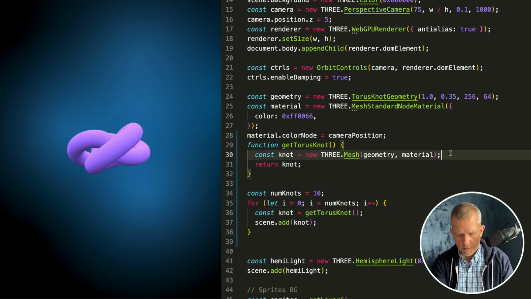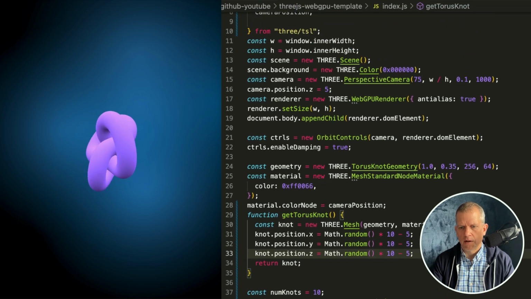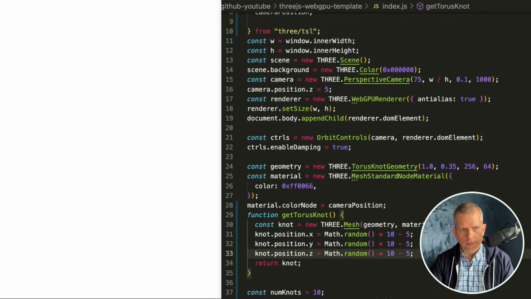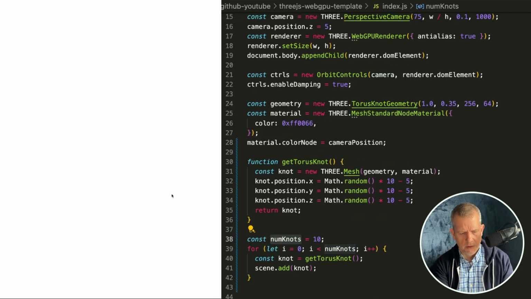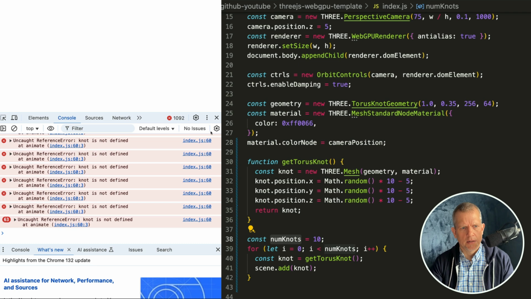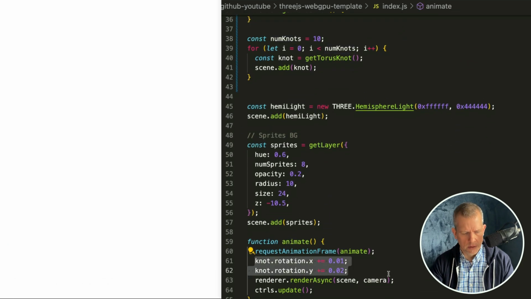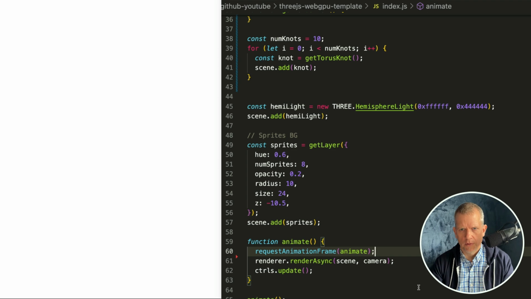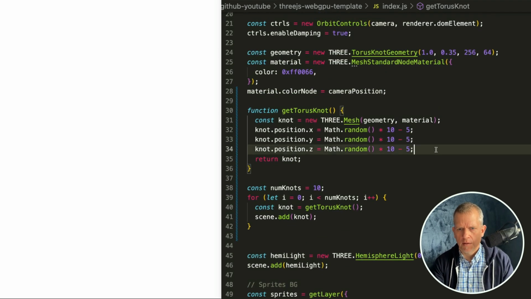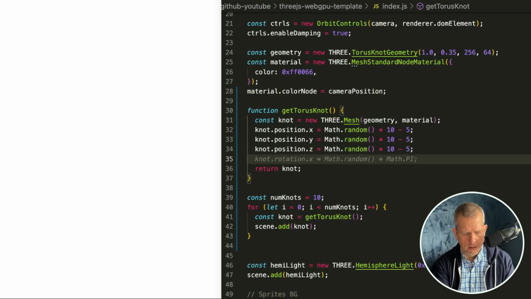Here, I'm going to add this to my function here, so I randomize the position. Let's see how that looks. It doesn't look good. All right, check console. Knot is not defined. Oh, here. Let's move this code up to the getTorusKnot method and say,